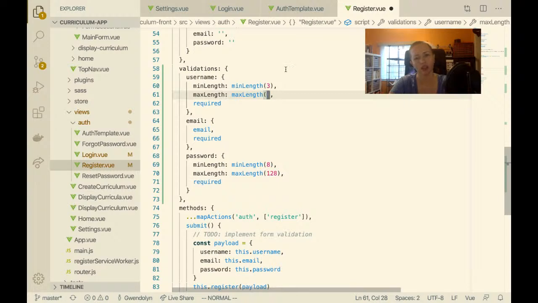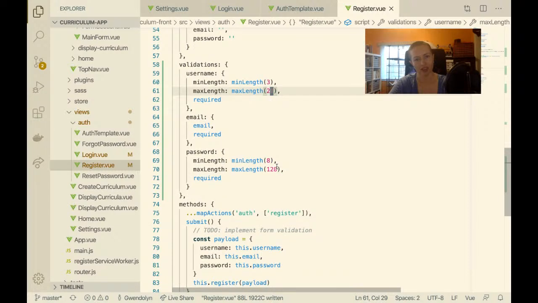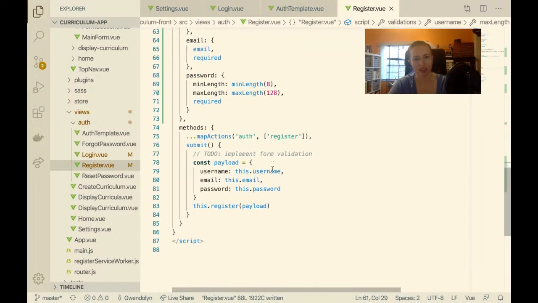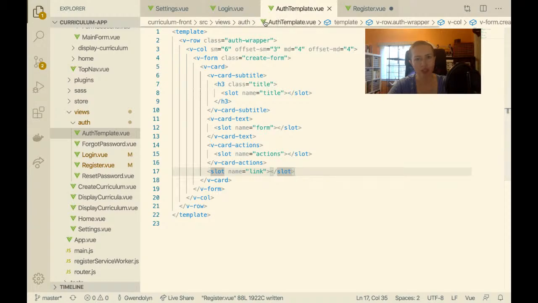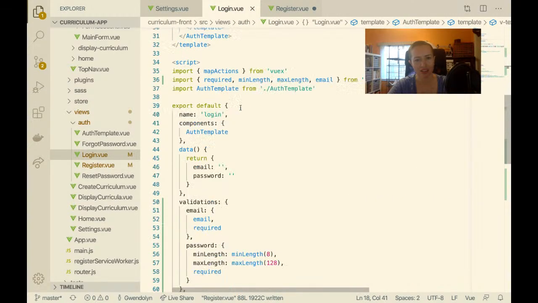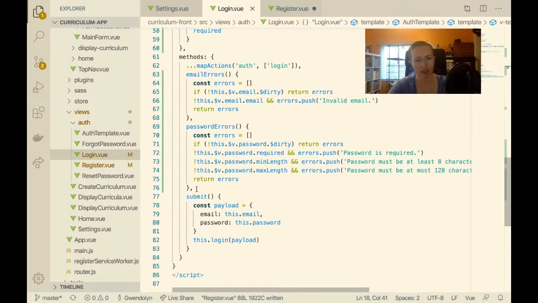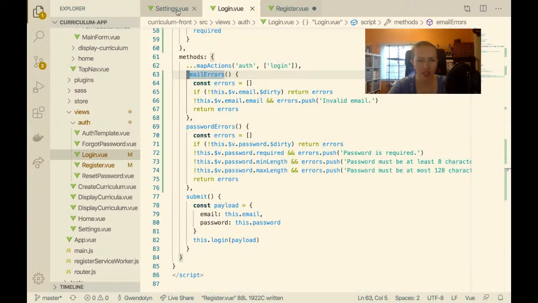Okay, max length will be 20 because nobody needs a username longer than 20 characters. I think that's good. Alright, so I have my validations. Now I need to make the methods. And this time I'm going to properly copy from login without misspelling things. So I'm going to copy these. And actually in settings,